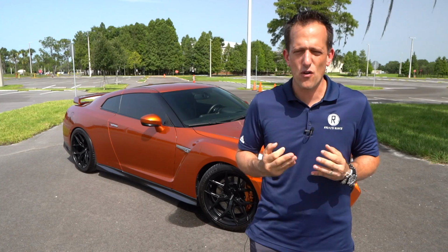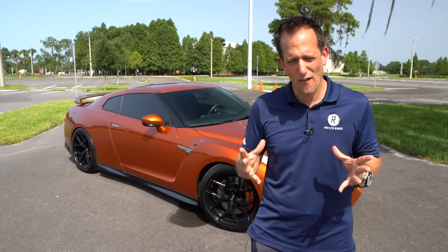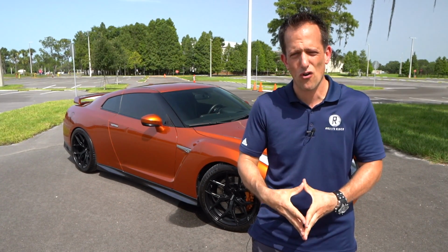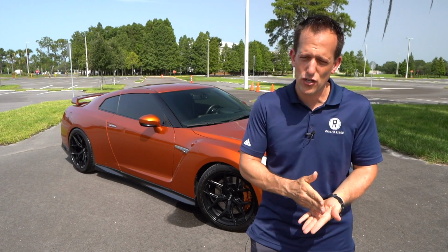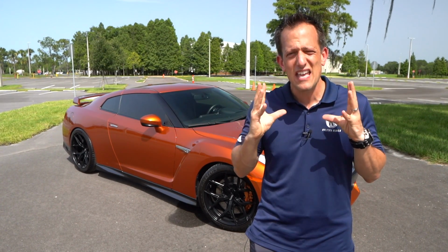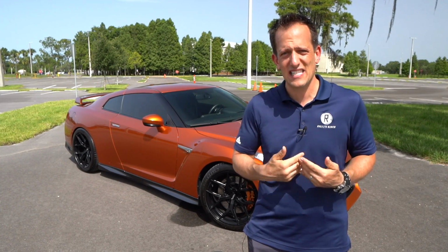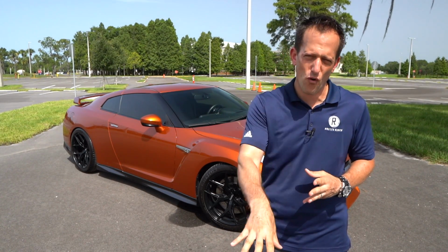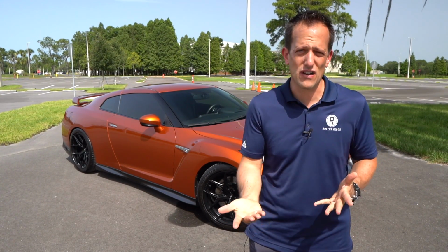Now, I think really where they started to get even more popular was there was a gap of time where there wasn't any GTR. But in 1989, the GTR name returned to the R32. They called it the R32. And as we went from R32, R33, and of course, probably the most lusted after, the exclusive R34 model, we've been deprived here in the United States, never being able to have that imported into the country. 2009 was the first year of the R35 and the first year that here in the United States we had